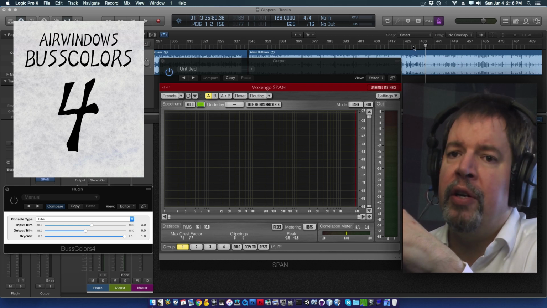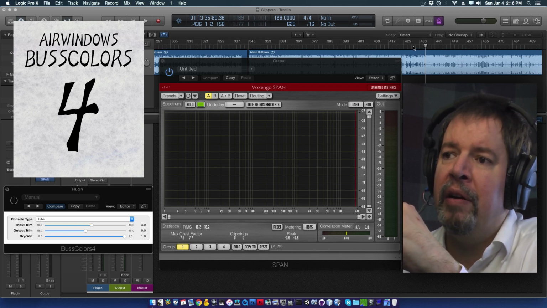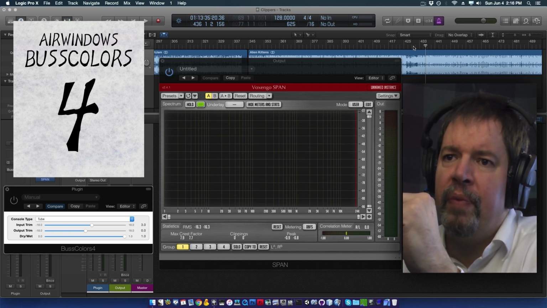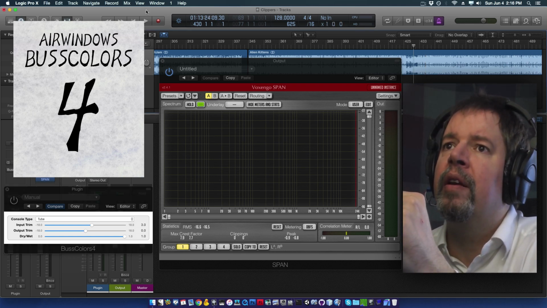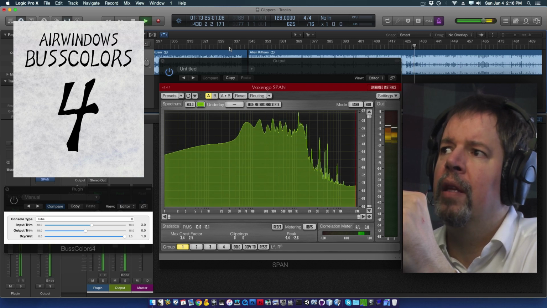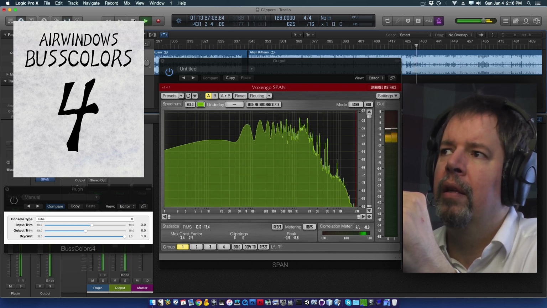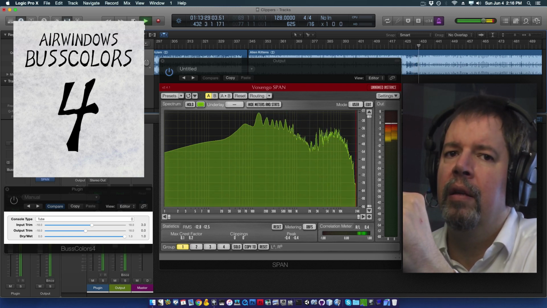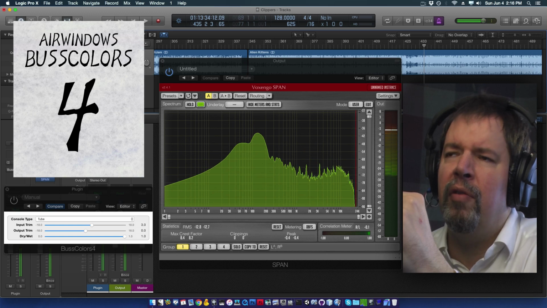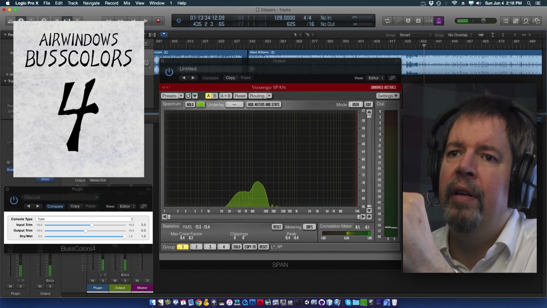I'll demonstrate it by doing a little A/B of no processing and the BussColors / console system. This is no processing. A little flat. Then